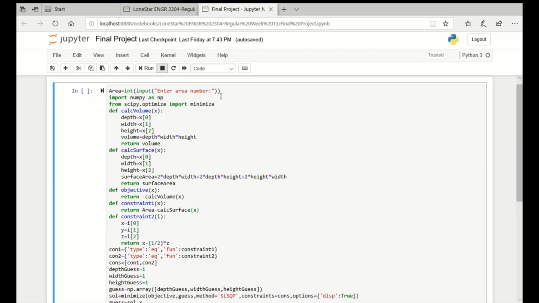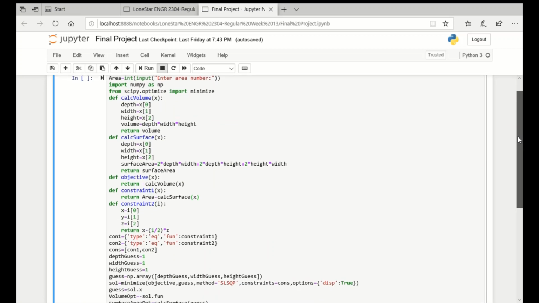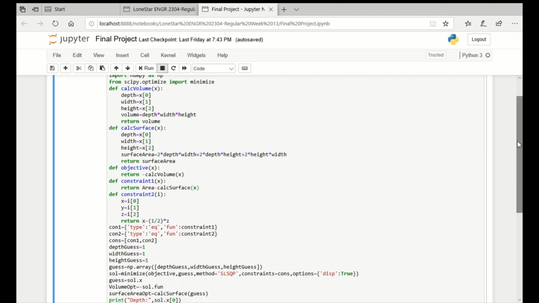As you can see, I have the area, integer input, enter area number. That is where the user is going to put the desired area number that they want to solve for. I imported NumPy as np. From scipy.optimize, import minimize. So I'm loading the packages and libraries from there. I'm defining my objectives, in this case the volume and the surface area. I'm also defining my constraints and functions,